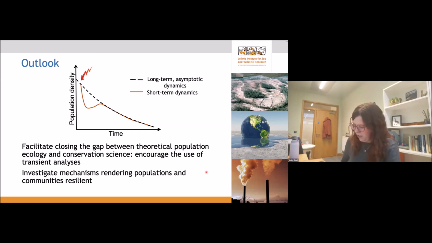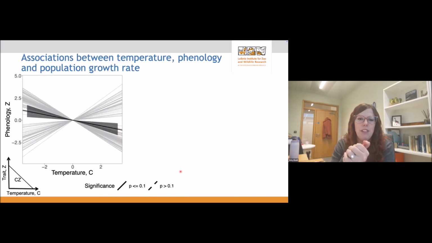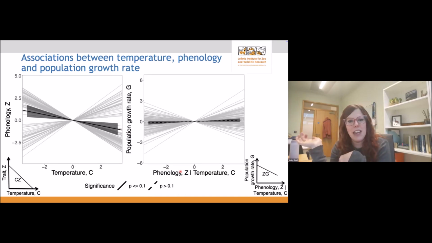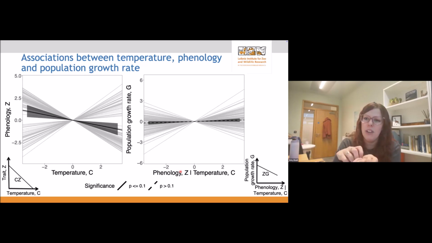I can maybe start with a question. Viktoriia, where you were showing the slopes in the phenological responses to temperature, it really did seem like it was almost splitting into two groups, the ones that were responding positively, so I guess advancing the date of that phenological event, and the ones that are responding negatively. I wondered what type of phenological events fall into each of those, and whether it could be something to do with the phenological event going into winter or coming out of winter. So I wondered if you'd looked into that.